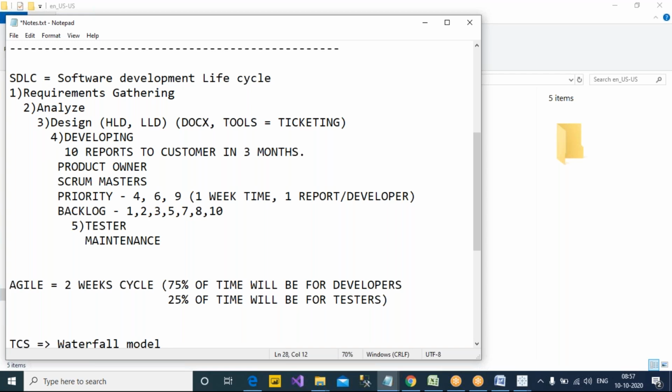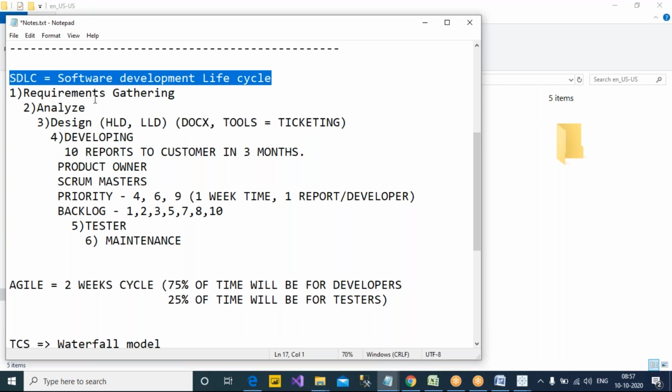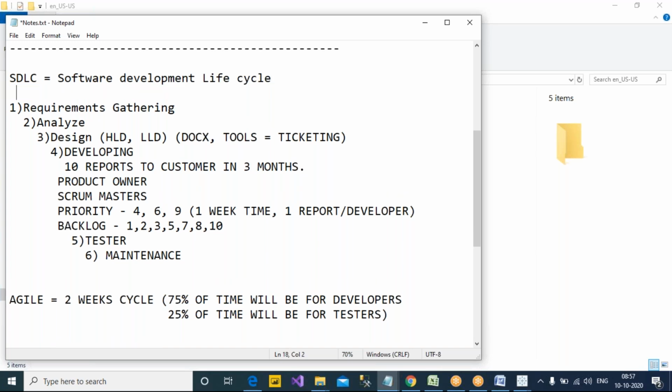But these are the different phases of SDLC, and this SDLC has got so many models, like the V model, iterative models. I'll just put that here. So if you are interested, you can go through that. Waterfall model,